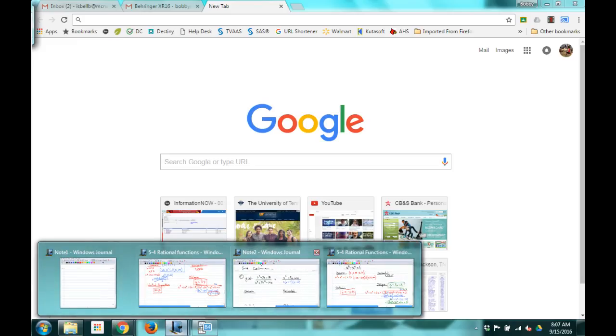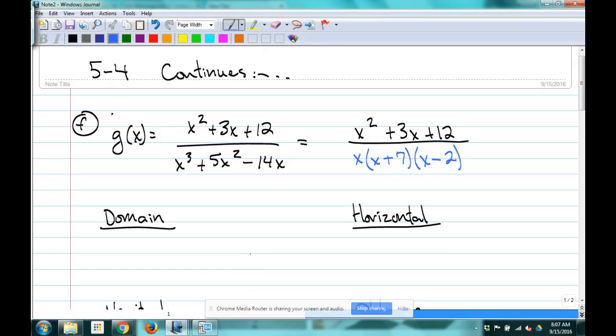All right, so we got the factored form of the polynomials on top and bottom. Remember, the numerator wouldn't factor, so now we're just going to look for the domain. So what are we going to do with all those factors of the denominator? Set them equal to 0. So x can't be 0, x can't be -7, x can't be positive 2. So that's an ugly